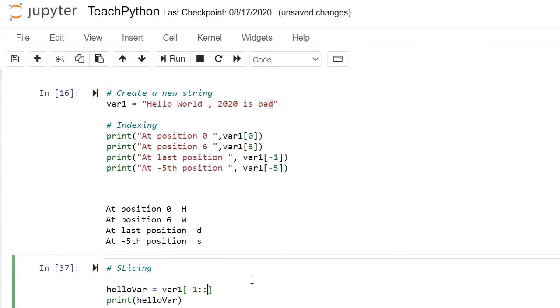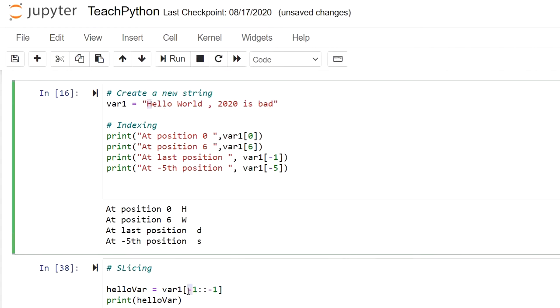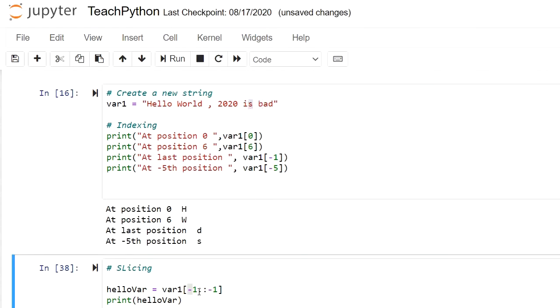What can we do if I write like this? What happened? What is this doing? It is starting from -1 going till the end. When I start from -1, the last index will be H, so it will now move using the negative index. So -1 is A, then B, then a space will be printed, then S, then I. So this is how we reverse the whole string.